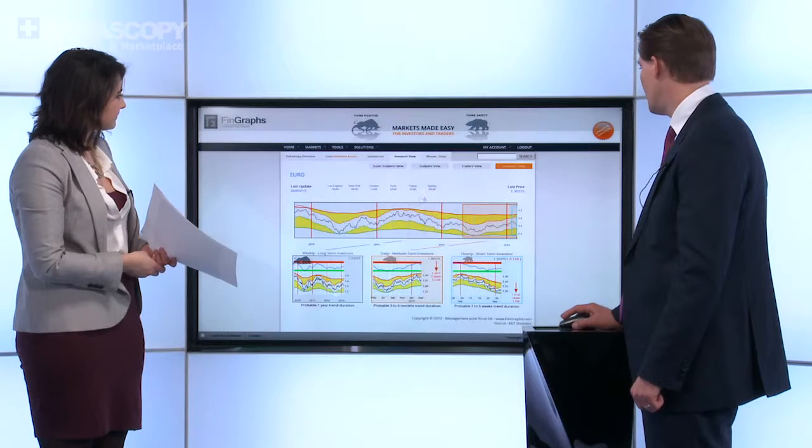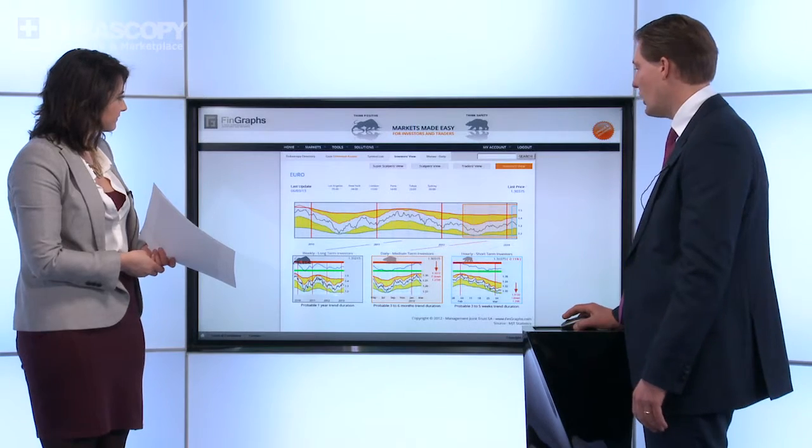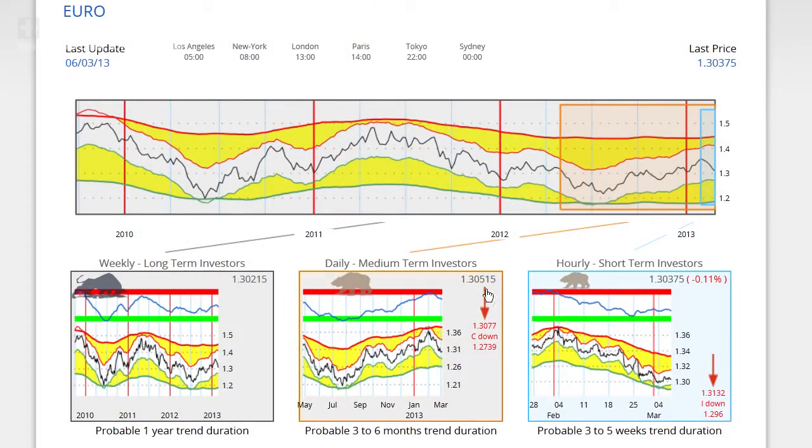Now, if we have a closer look at the euro on our investors' views, we still see that the euro is in the initial stages of an uptrend on our weekly charts. On the daily charts, we have initiated a correction down, and as said, with a potential of another 2 or 3 figures to go. And on the hourly, we're still heading down. Some signs of exaggeration, although the risk index has moved up, which means that if prices don't correct, risk goes up. It usually signals a resumption of the trend. So we still believe there's some potential down on the hourly, which is confirmed with what we see here